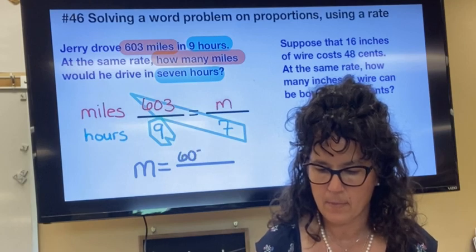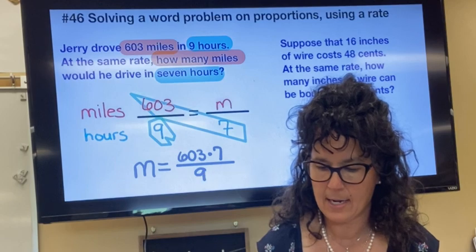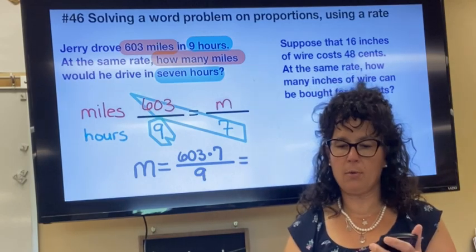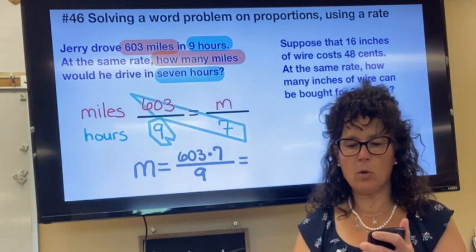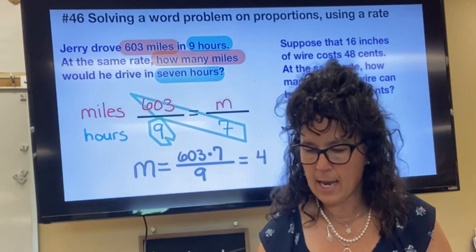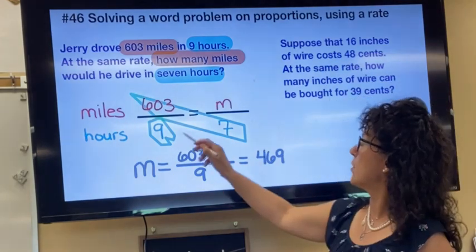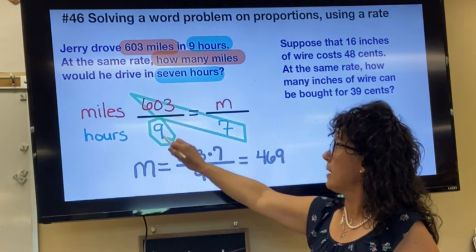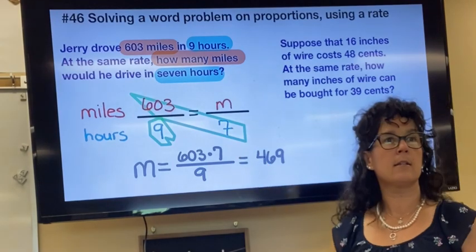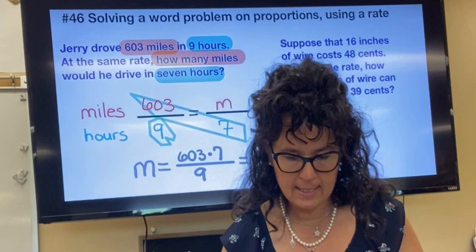All right, so my final answer, M, is going to equal 603 multiplied by 7 divided by 9. So I'm going to grab my calculator and take 603 times 7 equals divided by 9, and I get 469 miles. Okay, so if you can go 603 miles in 9 hours, you can go 469 miles in 7 hours. So if we repeat that process, this next one,